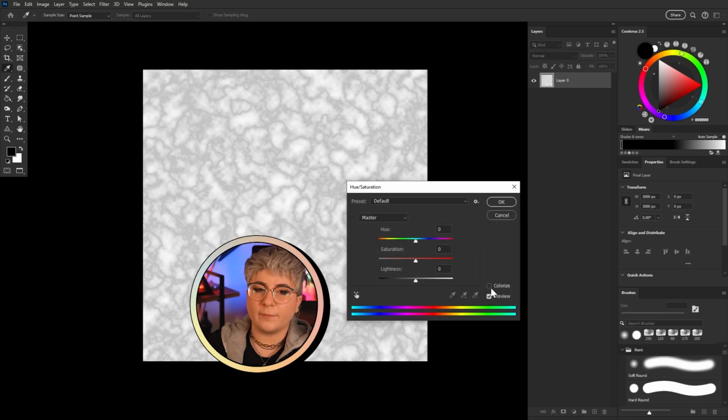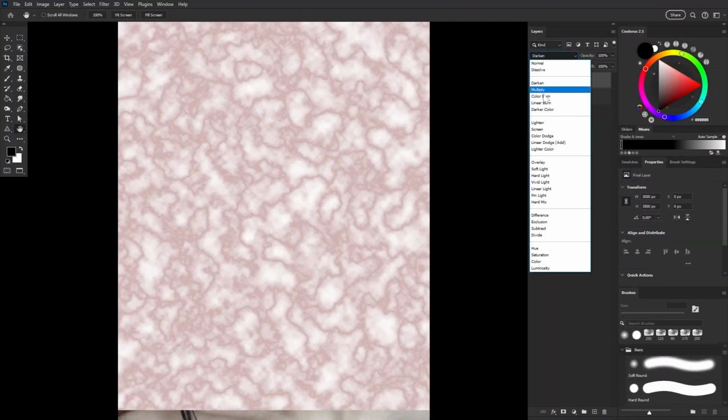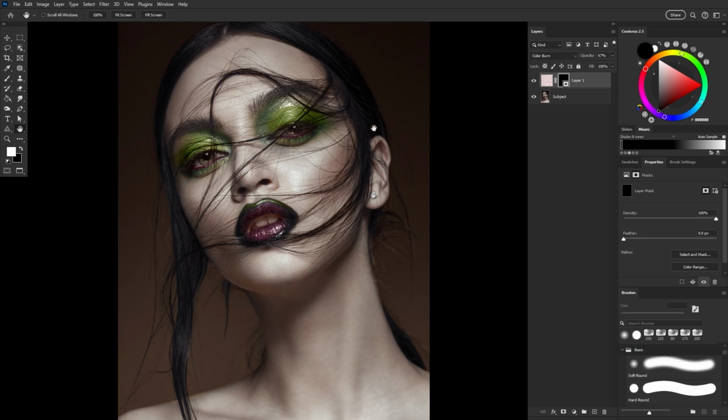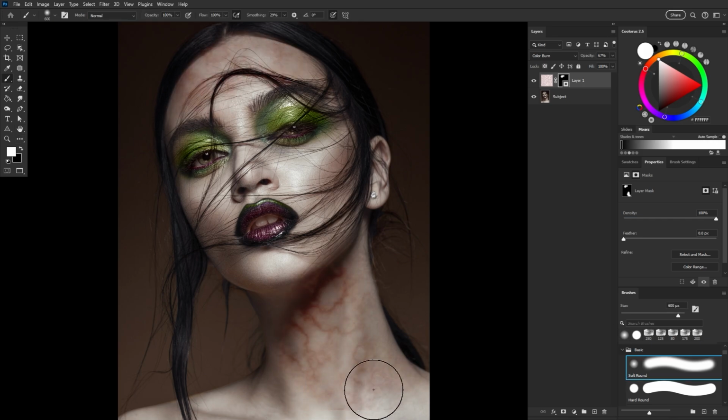And this is just going to automatically change the veins to red, but you can do a nice blue or purple, maybe even a green, whatever floats your boat. And now we just have to slap this texture on a subject, set it to color burn, maybe adjust the opacity a bit, and of course do some masking, and that's it. That being said, the layer mode and opacity will change not only from subject to subject, but body part to body part.